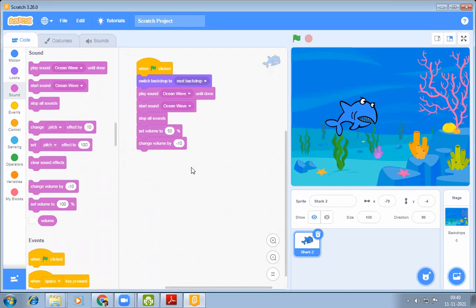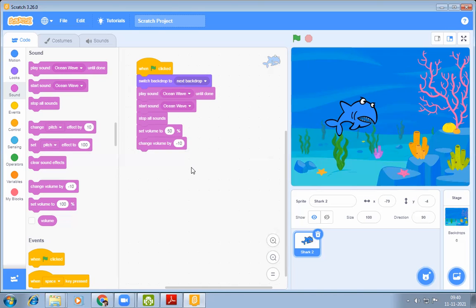Now adding sound using scratch code. To add sound in the code, follow these steps. Add the sounds to the program from the sound tabs as described previously. Add the start sound or play sound until done blocks, depending on the program's requirement, and select the sound suitable for the backdrop.